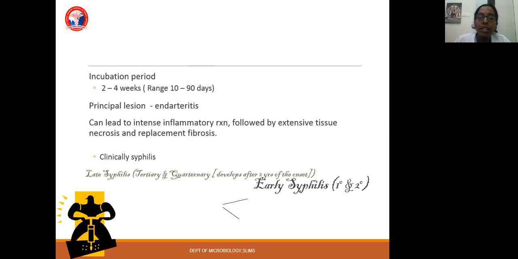Then after this it will take some years, some 2 to 3 years. Then after that, the patient enters into the latent stage where you cannot see much infection. Then the tertiary syphilis, where you can see the other complications of syphilis. There can be syphilitic aneurysm, then tabes dorsalis, then general paralysis of the insane, and these are the other